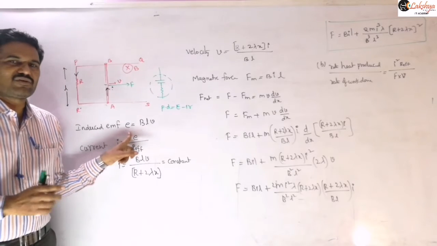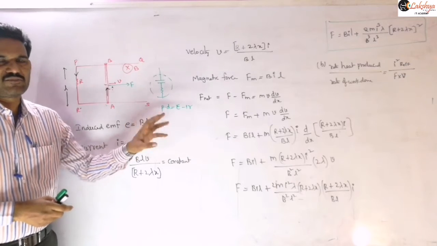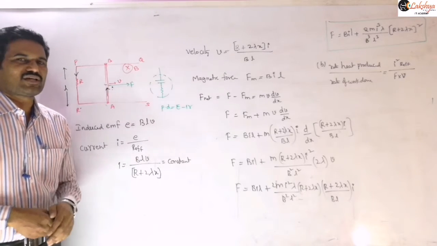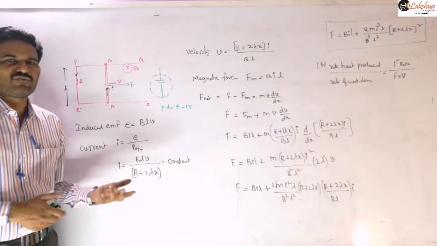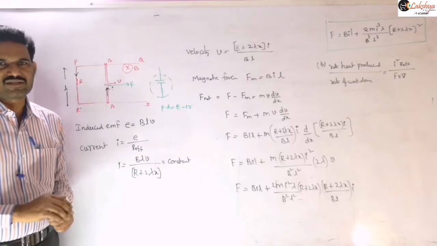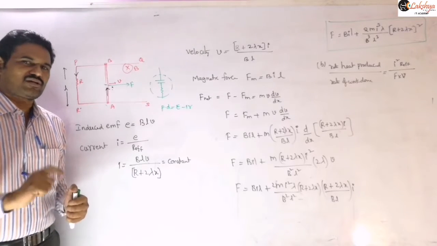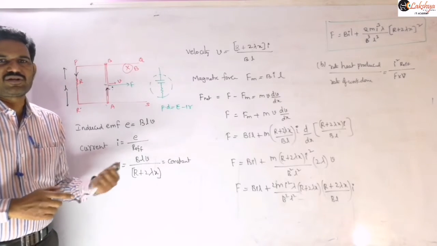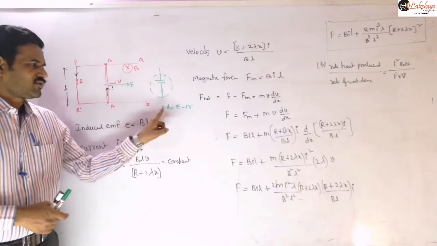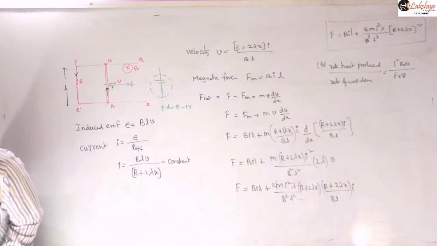So induced EMF is different and potential difference is different. Potential difference means it behaves like a cell, and for the cell, if it is having internal resistance, then you need to write IR. If internal resistance of the rod is 0, then potential difference and this EMF are numerically the same. Also, if there is no current flowing in that rod, then potential difference and induced EMF are numerically the same. That depends on the given case. But whenever current is flowing, you need to write E minus IR.